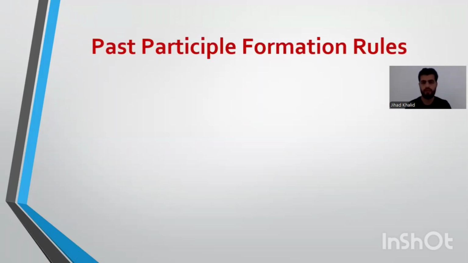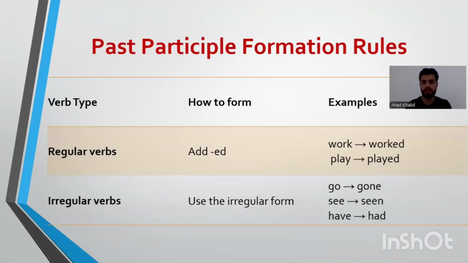Okay, past participle formation rules. Here we have verb type. We have regular verbs and irregular verbs. Regular verbs are really easy. We only add ed. For example, work, worked, look, looked, play, played, wash, washed. But irregular